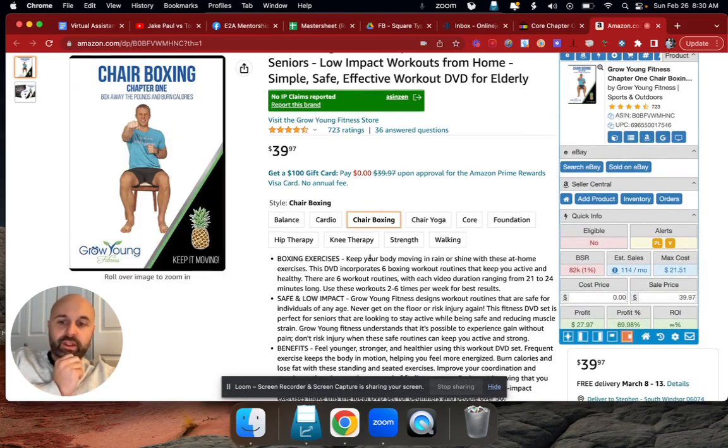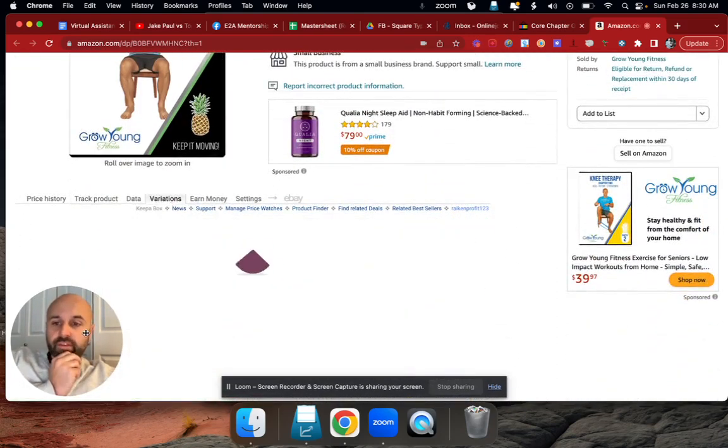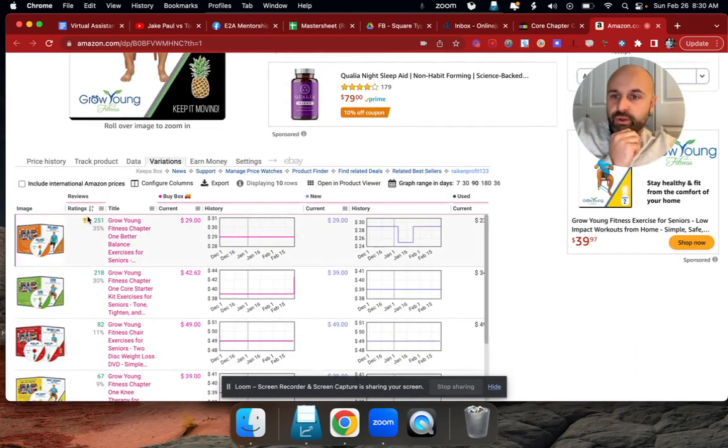I don't know how accurate SellerAmp is with that, but if I go into Keepa variations and look down, you can actually see the rating that has the trophy. This is the most popular one. From my understanding, Keepa is pulling how many reviews they've had and correlating that to sales: the more reviews, probably the more sales. So you can see that this one right here, Grow Young Fitness, One Better Balance, is taking about 35% of